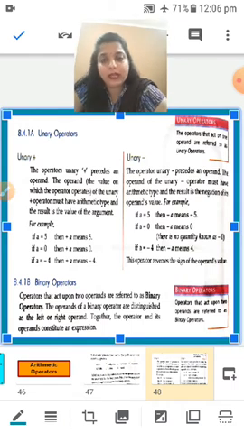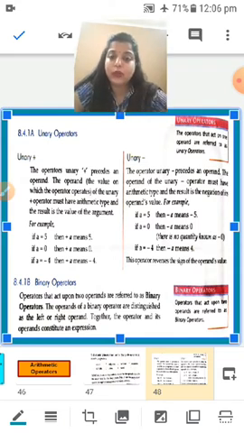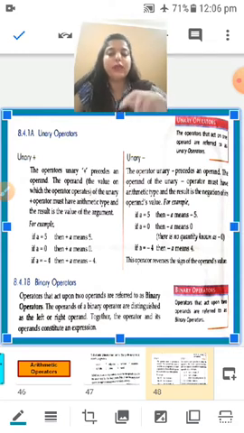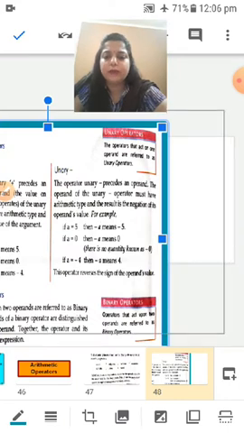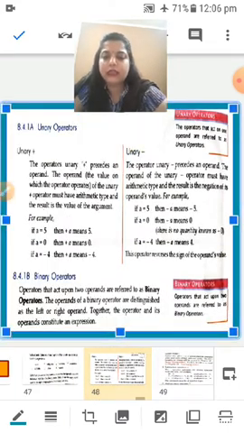Now binary operator, I have already explained those operators which have two operands, like a equal to a plus b. Now a and b are adding with each other, two operands are participating. If a is multiplied by b, multiplication is there, again two operands. A divided by b, again two operands are there. So these are the examples of the binary operator. Okay, now let's shift to the next slide.